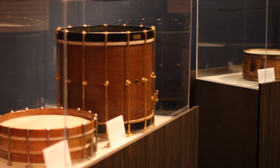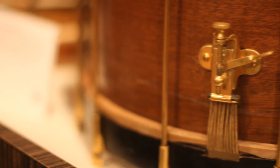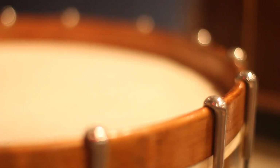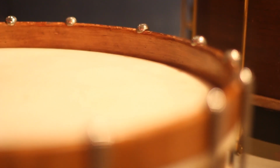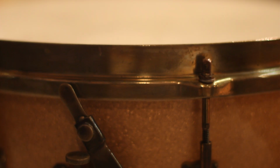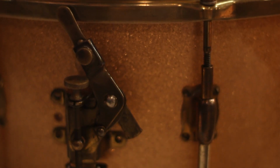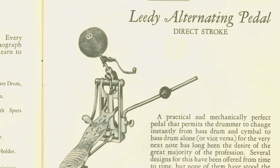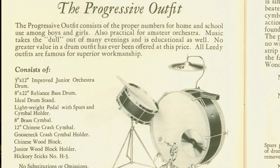So he experimented with different types of drums and how to make them, and ultimately through his dad's guidance in cabinet making and woodworking, that led him to create some new processes for making drum shells, as well as all the hardware pieces that go on the outside of the drum. The historical impact of Leedy was really huge because they were the first company to really pioneer mass producing drums in a big way. And they took drums, which hadn't really changed in design for probably a couple hundred years,